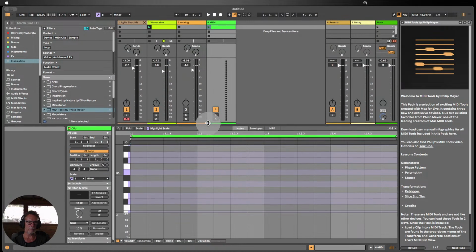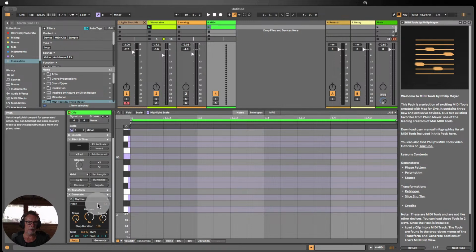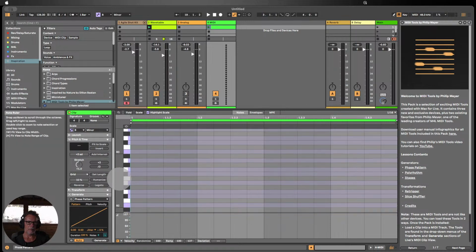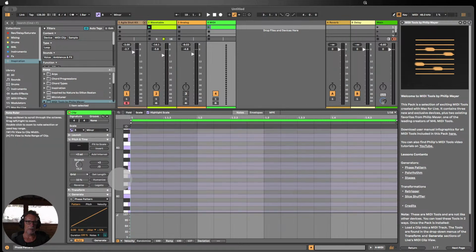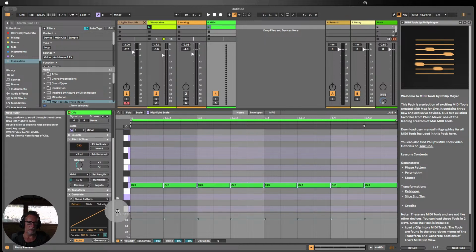If we take a very short tour of those, if we go to the Generate tab, we can pop into here and we can see Phase Pattern. So if we click that, we bring up this display over here. And what does it tell us? Pattern, pitch, velocity. So notes of C3, pattern here. If we just say generate and then start playing around with it, you can see here,